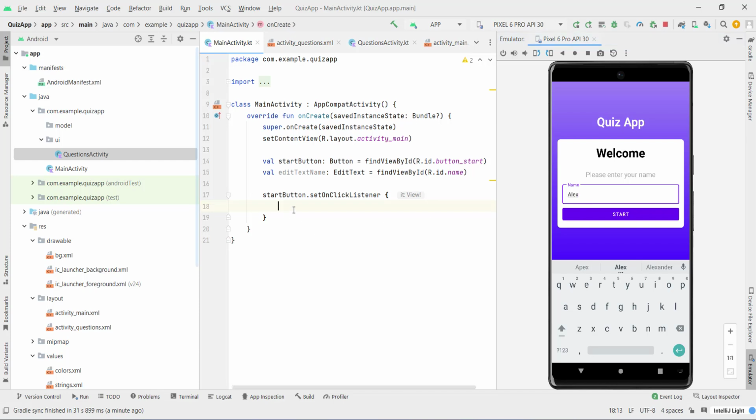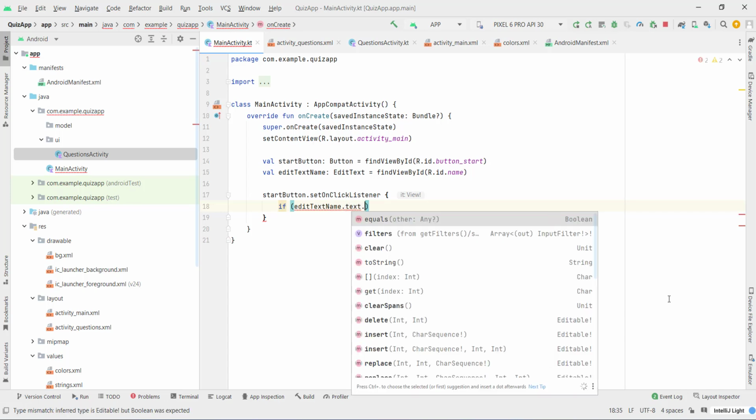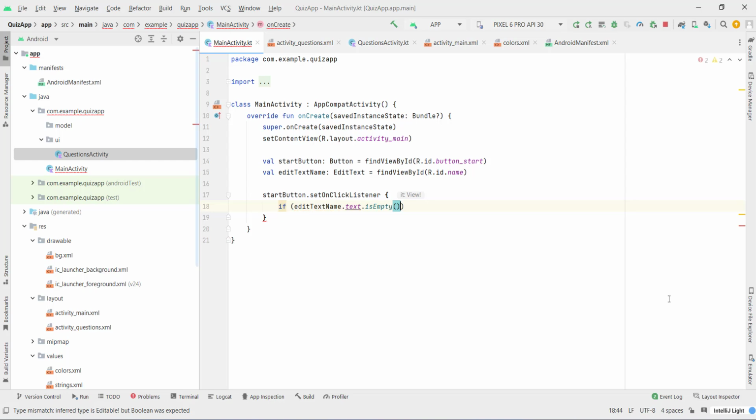So we need to type here if editTextName.text.isEmpty, or we can change this to if it's not empty. So if it's not empty,